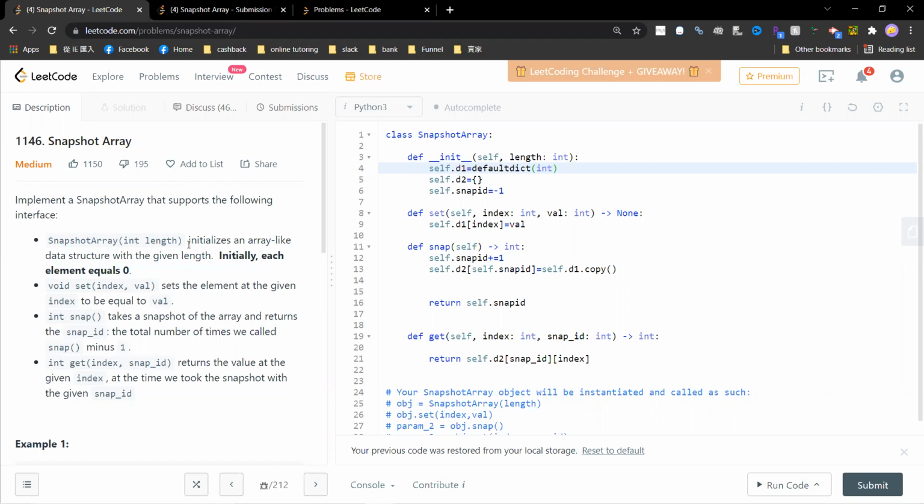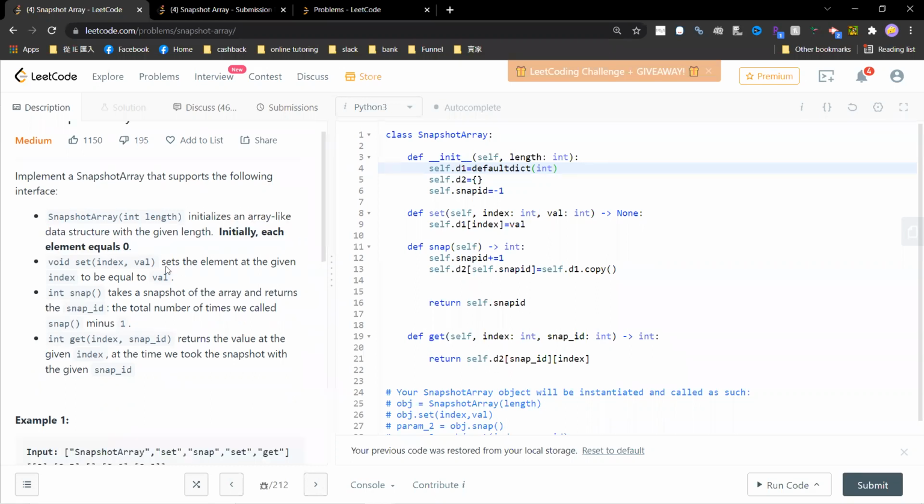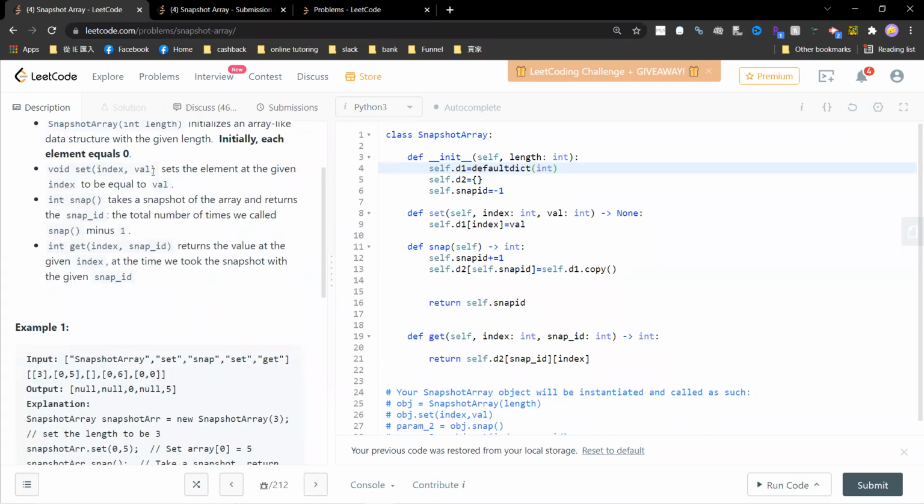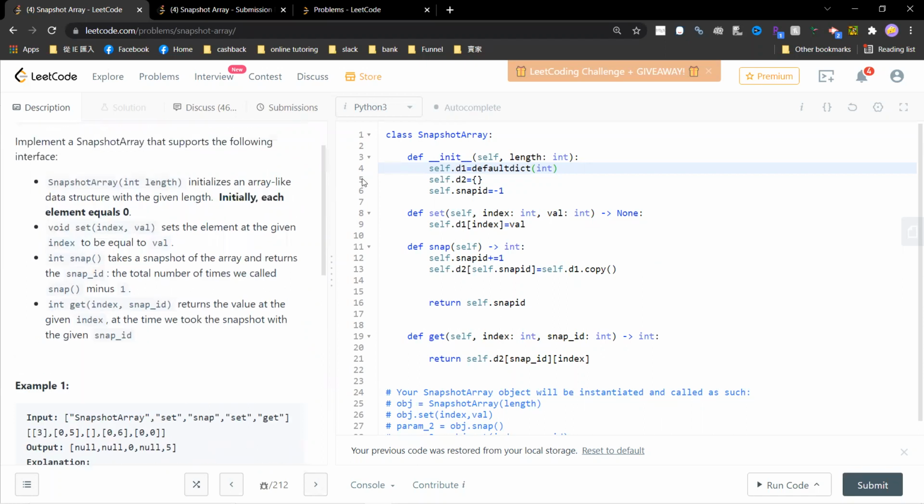Okay, so this problem initializes an array, and basically you can set the index and value. There's an array which has some particular length, and you can set index and value. That means this data structure must be mutable. And you can take a so-called snapshot. Once you take a snapshot, somehow